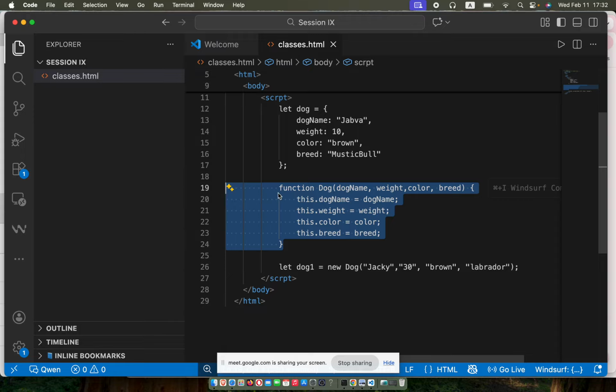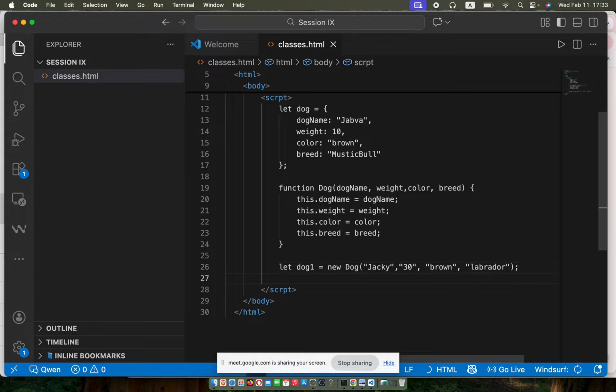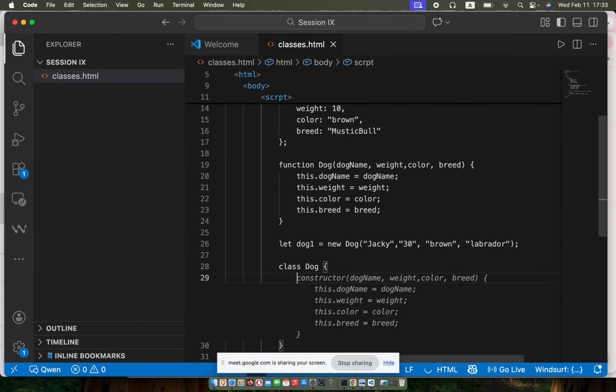But when we write things like this, a function, that means that every time we want to get something from this function, maybe one of the attributes like dog name unknown to present, we shall have to write another function, which is hectic. But with a class, there is that flexibility of just adding in what is missing, as long as you can access the blueprint. So rewriting this function as a class would be class dog,